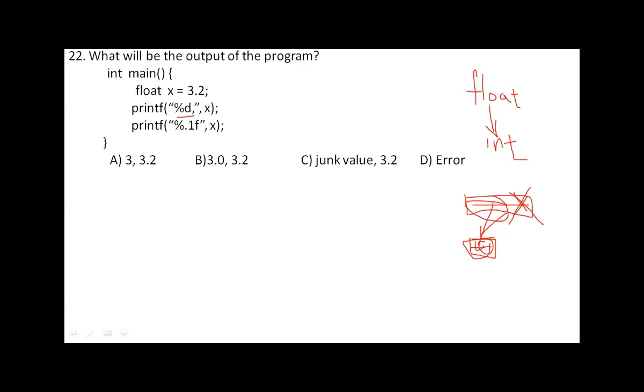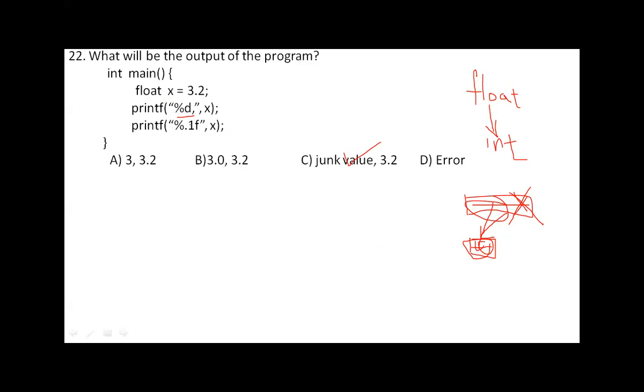When there is an information loss and you print using %d, it prints a junk value, some unknown big number.